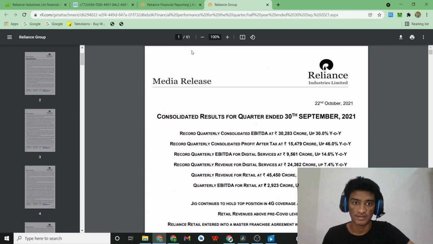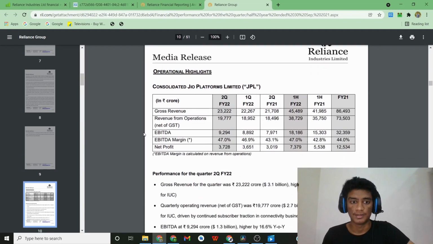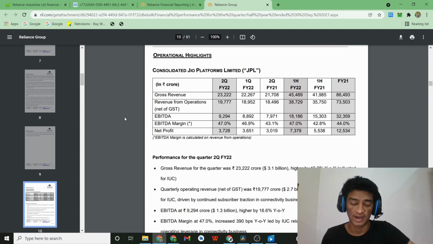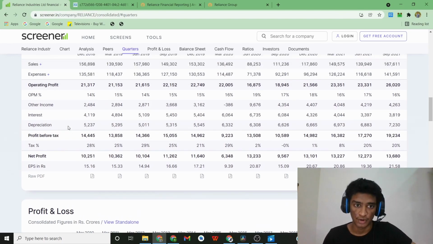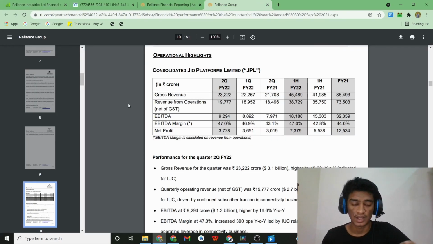Now this is a very in-depth document. It consists of 51 pages, and if you are seriously willing to invest in any company, then I do read the documents. But if I just want to have a glimpse of the company and how the company is performing, how the financial figures have been going, then I quickly come and take a glimpse on screener.in. And then additionally, if you are really willing to, or serious about investing in the company, then you can go and read the detailed report, and you can also check out other financial statements and annual reports of the company before you invest.